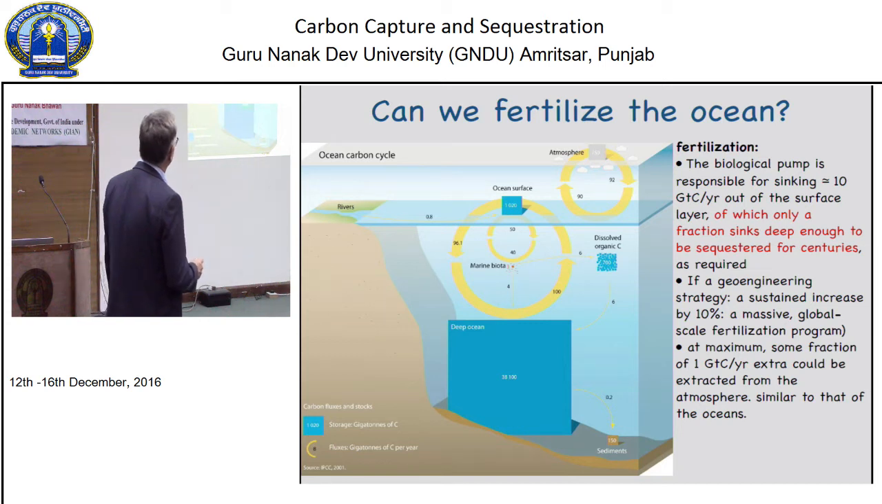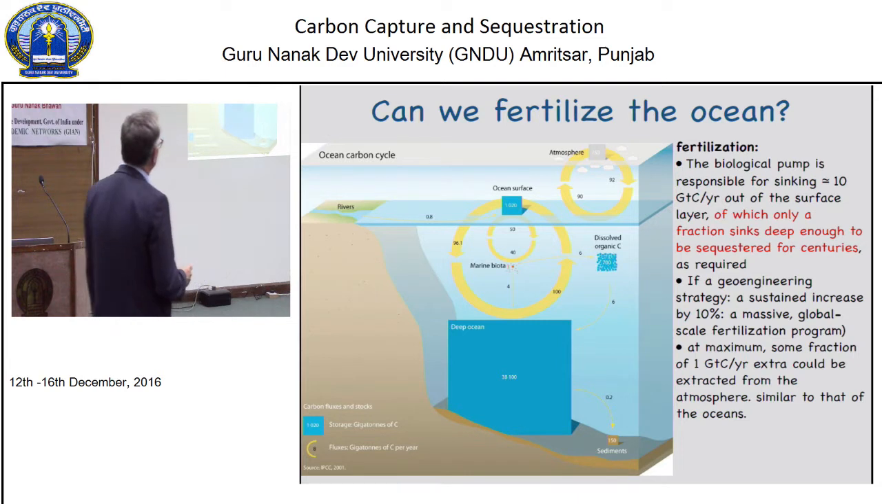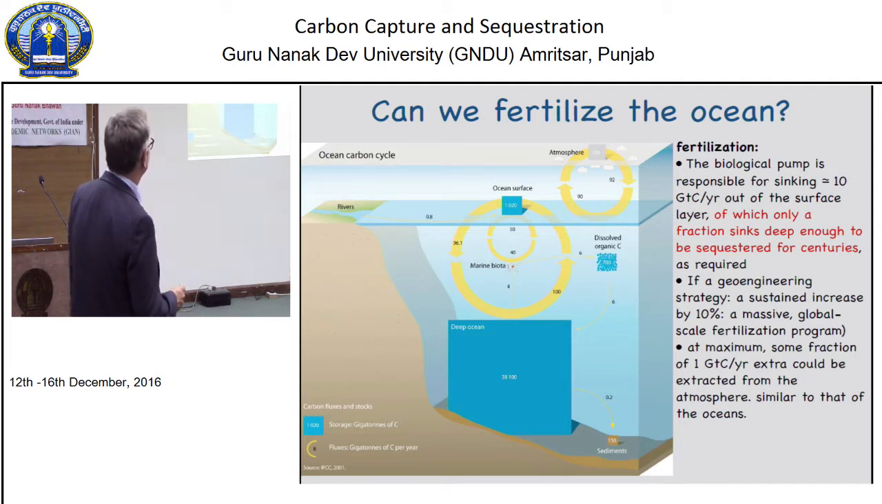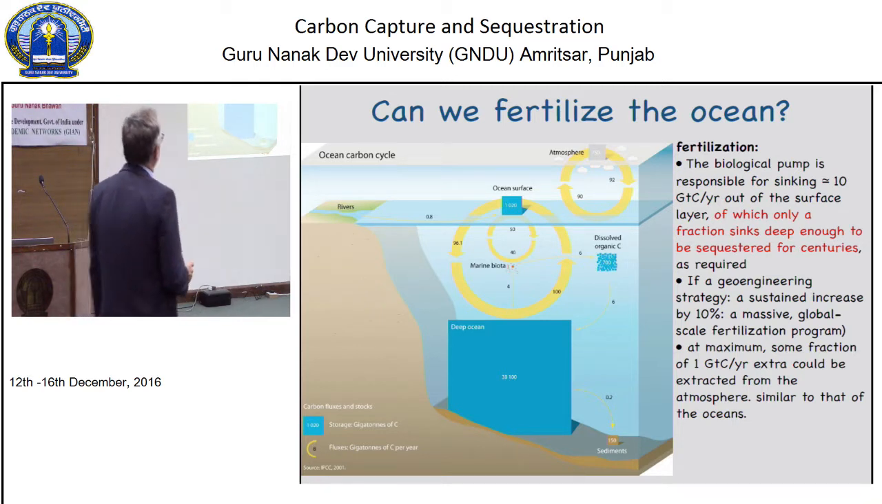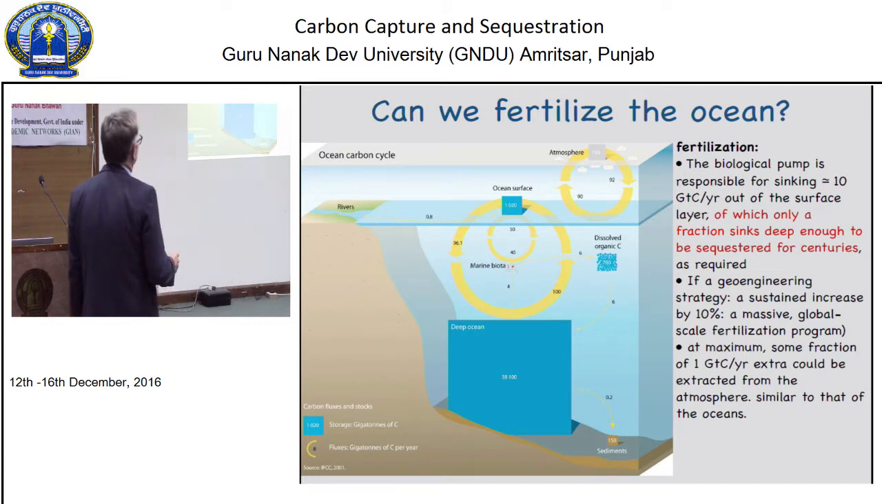In the near surface, and what happens with dissolved organic carbon. This is the biological pump we refer to in these carbon cycles that has to do with the glacial ages. And this pump is really only about 10 gigatons per year, and only a fraction of that is associated with the amount of carbon to sink, a fraction of which sinks deep enough to be sequestered for